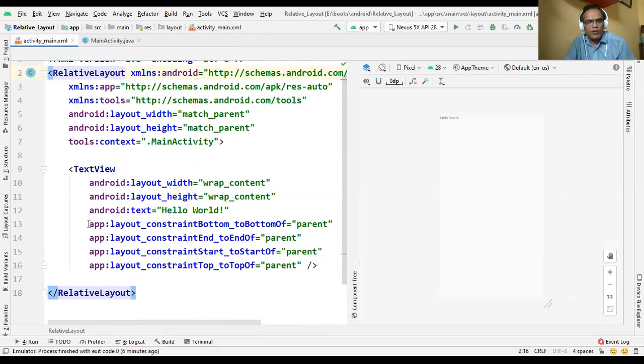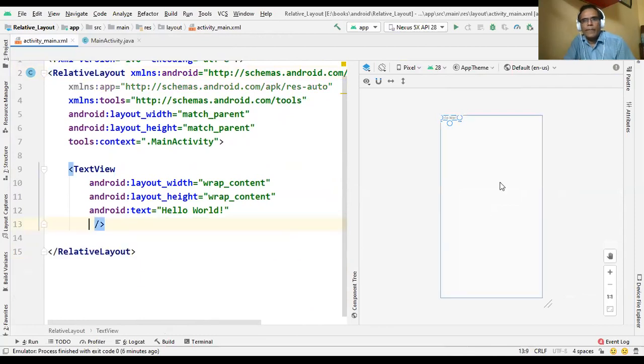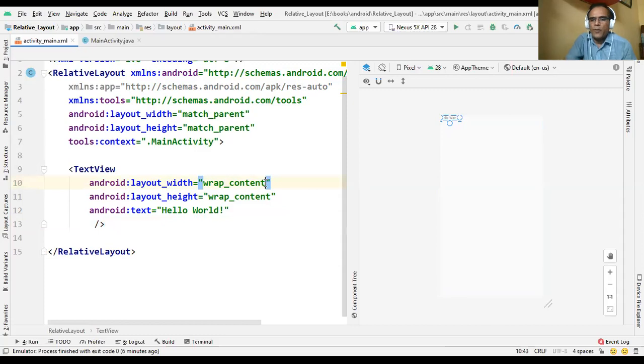We don't need all this, so we remove it. By default you can see that the text view is placed in the top left corner. Here we change the width property: wrap content is replaced by match parent, so it occupies the whole width.